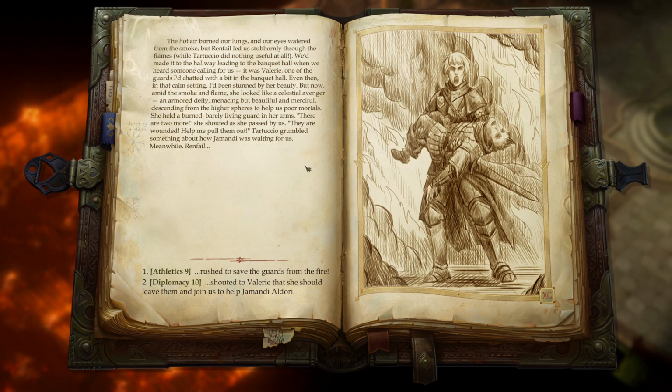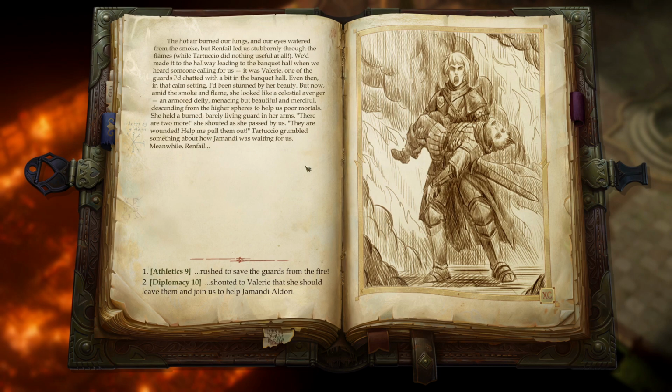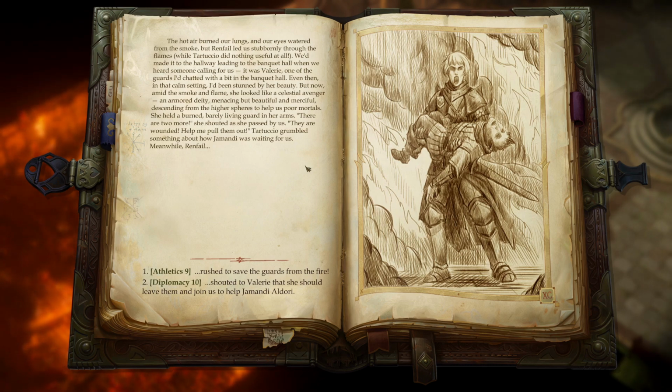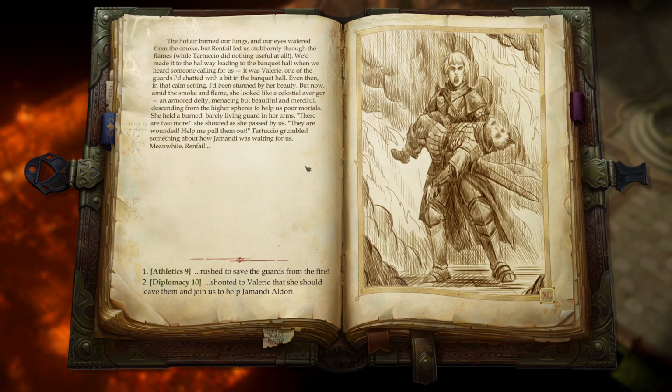We'd made it to the hallway leading to the banquet hall when we heard someone calling for us. It was Valerie, one of the guards I'd chatted with a bit in the banquet hall. Even then, in that calm setting, I'd been stunned by her beauty, but now, amid the smoke and flame, she looked like a celestial avenger. An armored deity, menacing, but beautiful and merciful, descending from the higher spheres to help us poor mortals. She held a burned, barely living guard in her arms. "There are two more," she shouted as she passed by us. "They are wounded. Help me pull them out." Tartusio grumbled something about how Jamandi was waiting for us, and meanwhile Renfail,